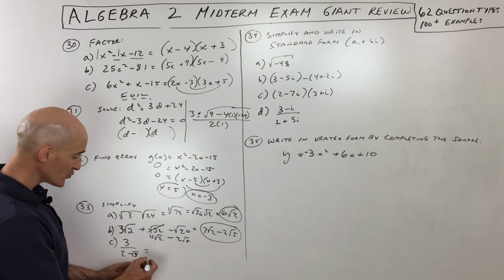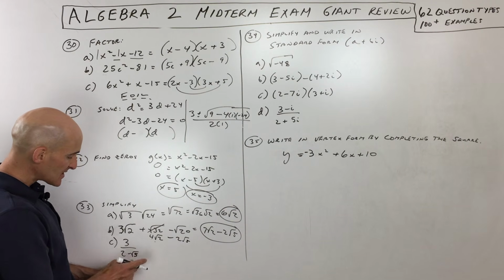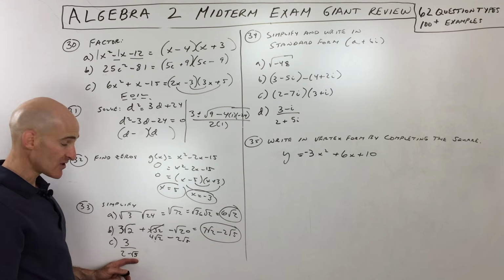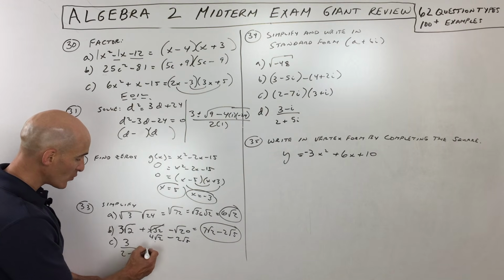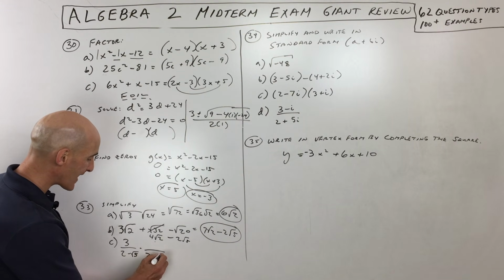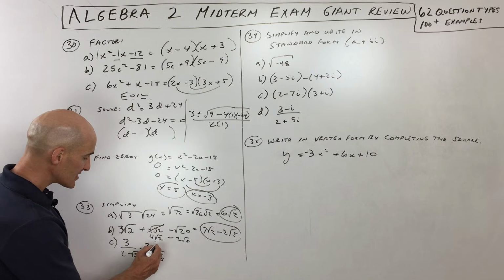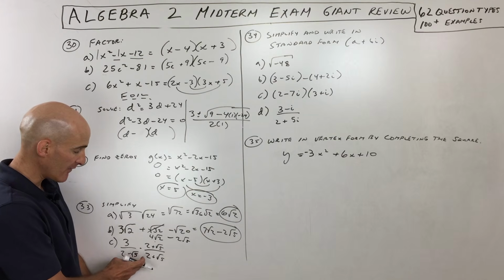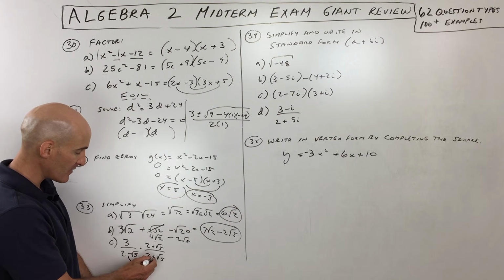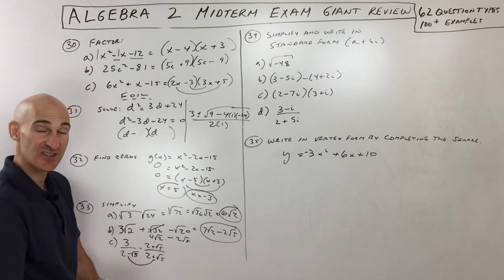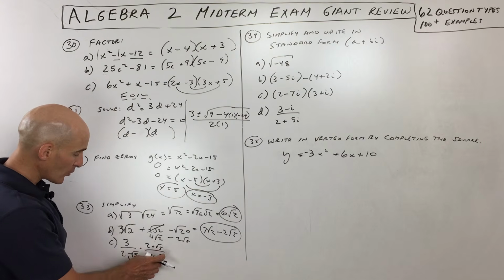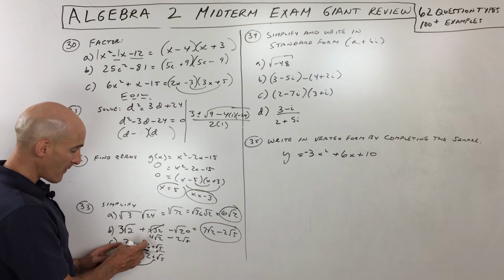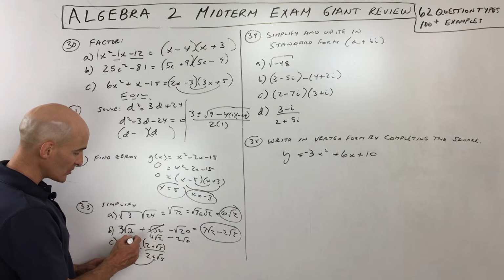This one here, 3 over 2 minus root 5, we want to simplify this, and when you're simplifying fractions like this, you don't want the radical in the denominator. So what you want to do is multiply by what's called the conjugate. What's the conjugate exactly? It's the same thing as what we have here in the denominator, 2 minus root 5, but you change that sign from negative to positive, or if this was positive, you change that to negative. When you have a binomial times a binomial, you FOIL. Here we have a monomial times a binomial. We just have to distribute.